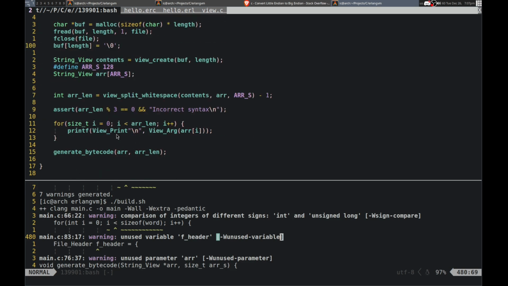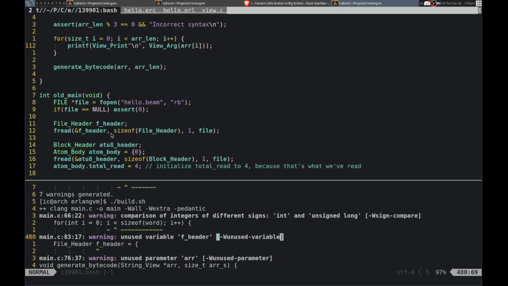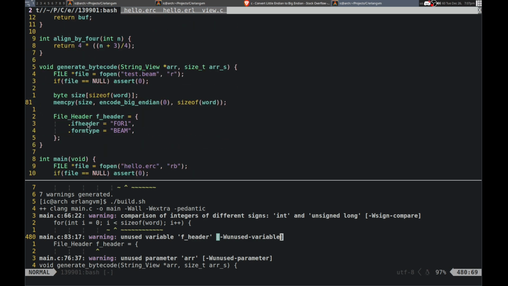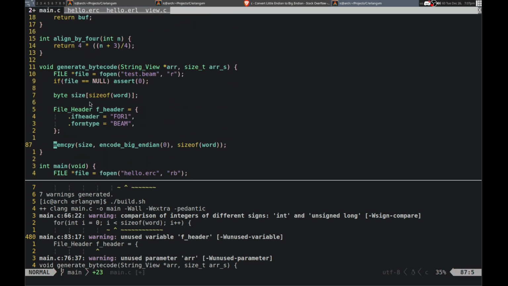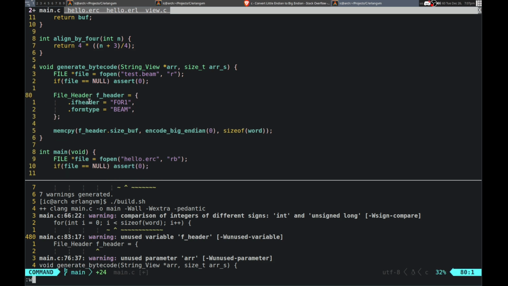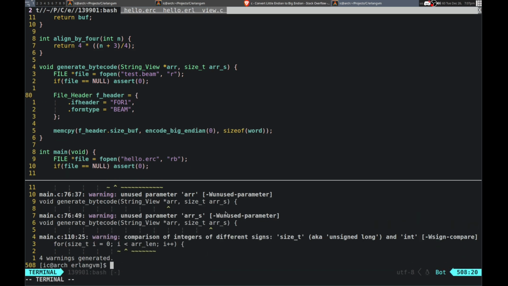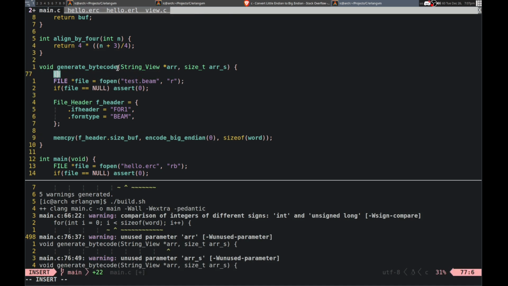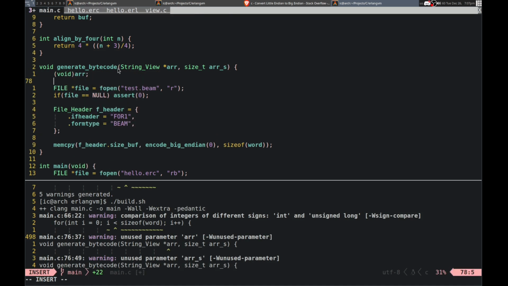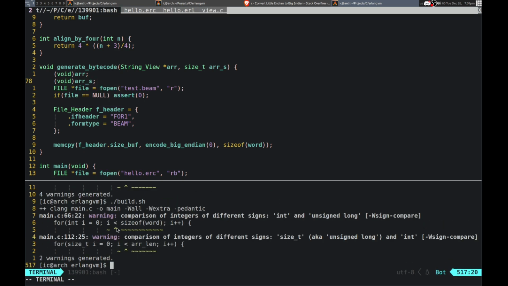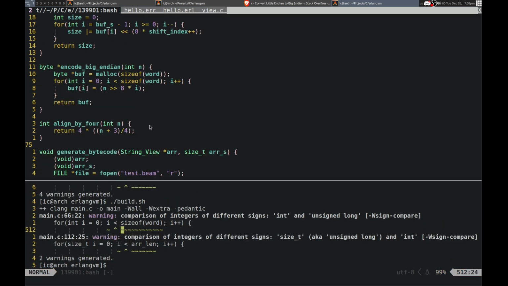So now, what I want to do is after this actually. Shoot, I went too far. Yeah, I want to do this into actually the f header dot size buff. Right, get rid of this. Okay. Let me just cast these to void for now. So that it does not keep yelling at me. For that. Okay, and then this, it doesn't like that.